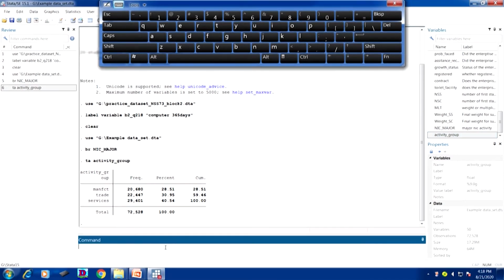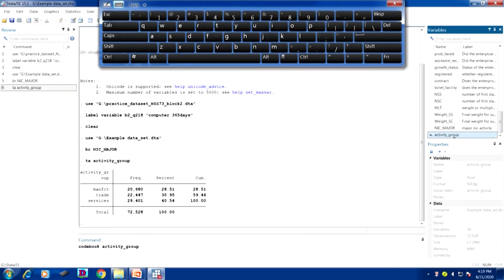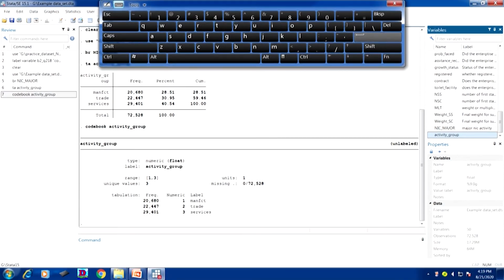Another clarity you can have on your own is which kind of codes are already entered. The codes 1, 2, 3 are already given. What do you mean by 1? 1 is for manufacturing, 2 is for trade, and 3 is for services.